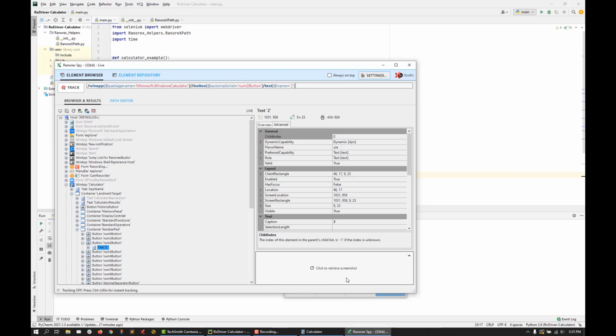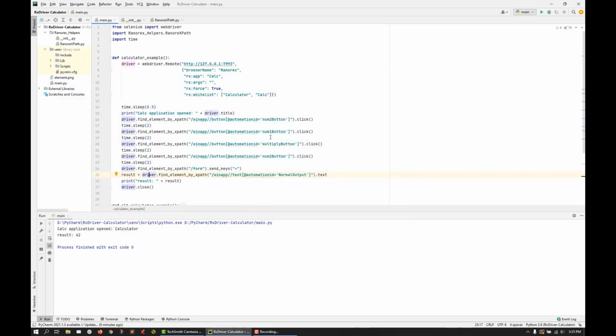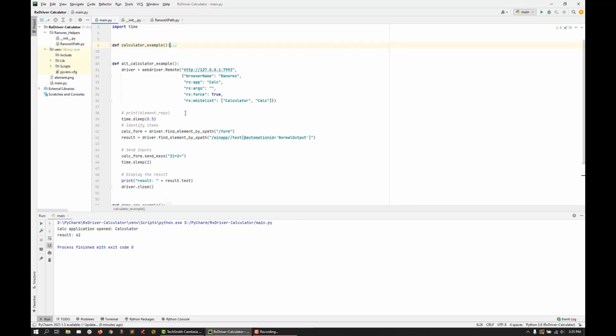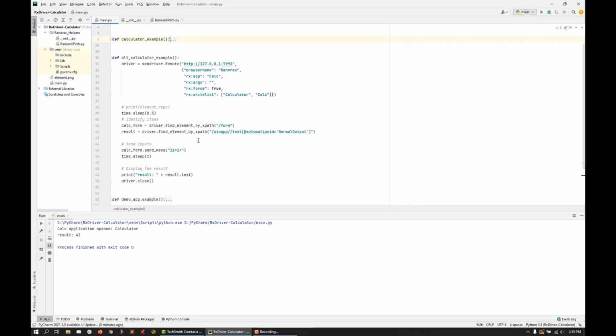So you would want to gather, like I said, your XPaths for your items and use those for tracking. So I'm going to provide another example using the same calculator application here. I've called this one alternate calculator. So what I did here, instead of finding each button and clicking them,